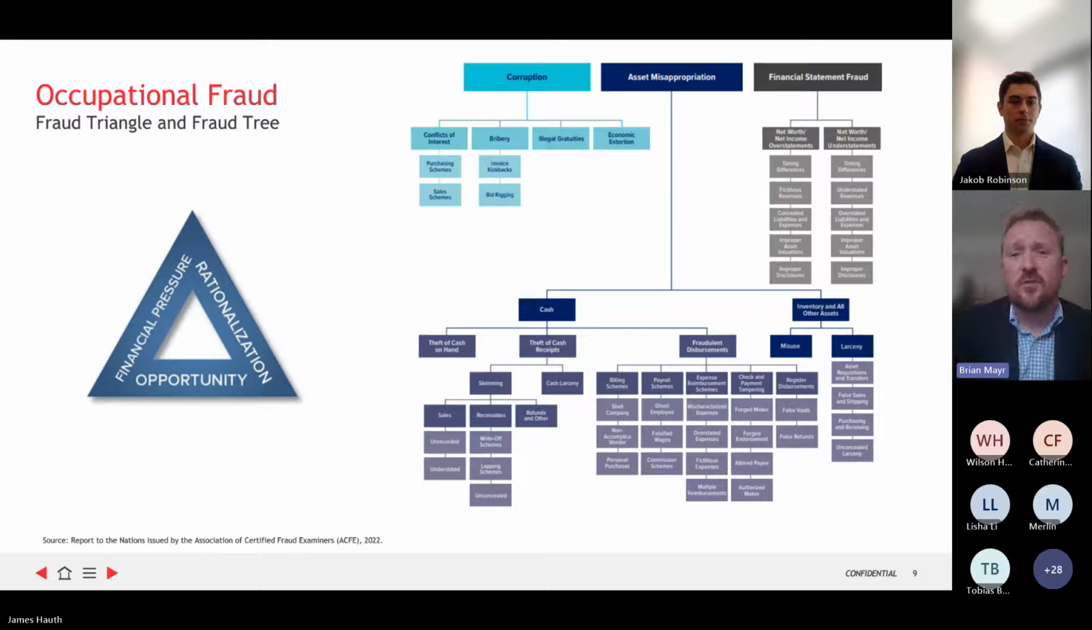The fraud tree is broken up into three primary elements. That's corruption, asset misappropriation, and financial statement fraud. And we'll actually just go into the details of asset misappropriation and financial statement fraud later on in this deck. So I won't go into too much detail, but on the other side,